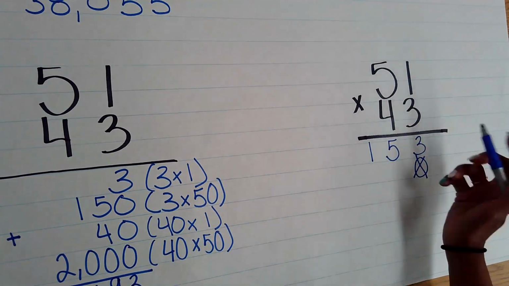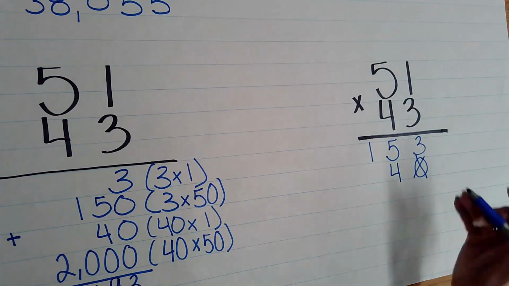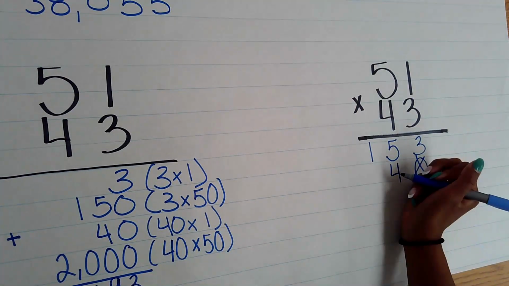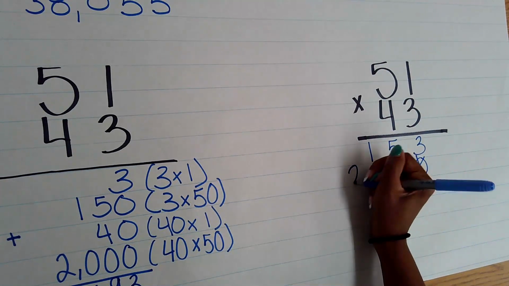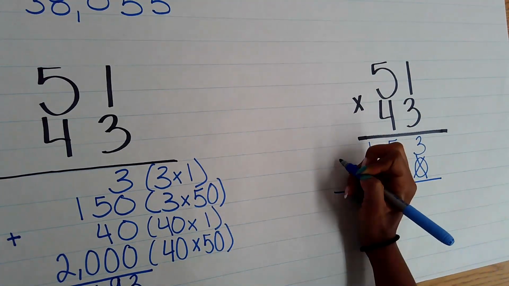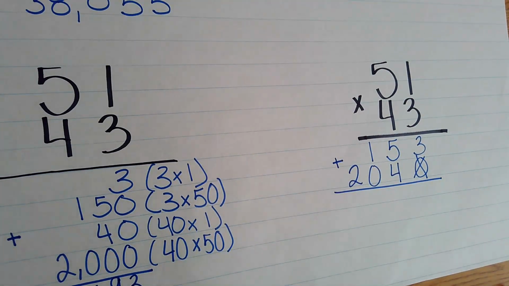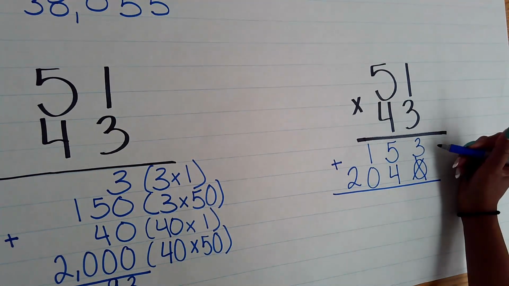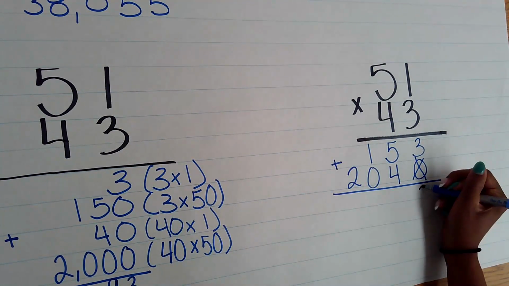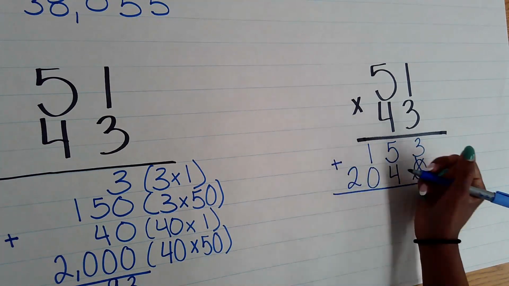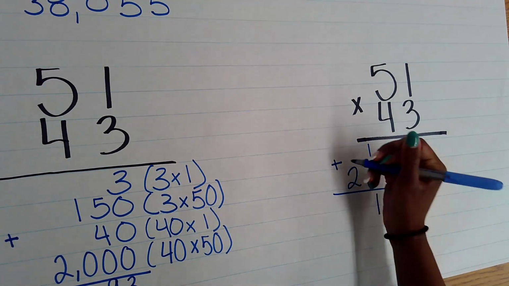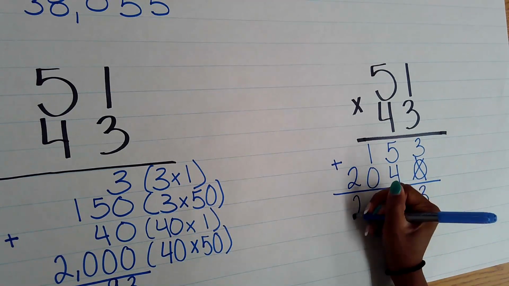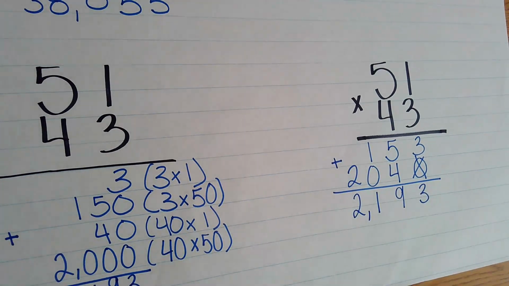So 4 times 1 gives me 4. 4 times 5 gives me 20. I don't have any other digits, so I'm going to drop my entire 20. Take these two numbers and I'm going to add them together to get my final product. So 3 plus 0 is 3. 5 plus 4 is 9. 1 plus 0 is 1. And 2 plus 0 would give me 2. To get the same answer as